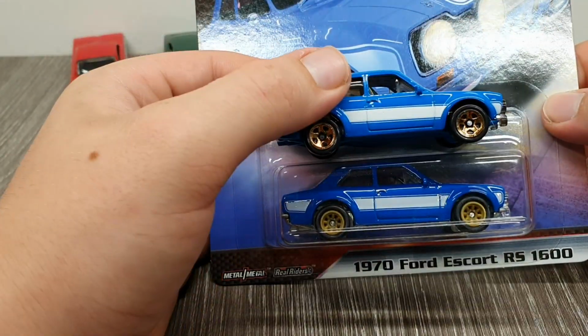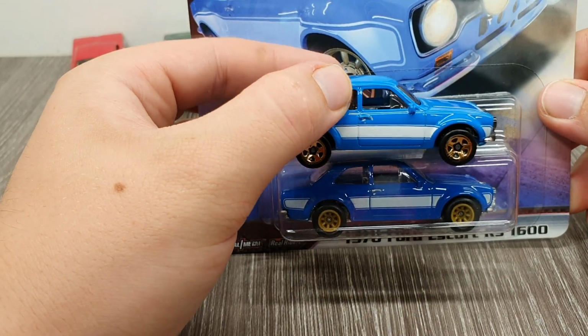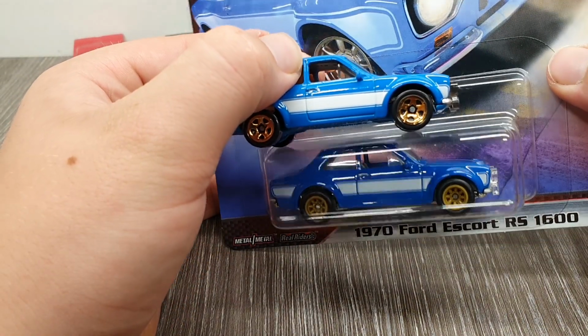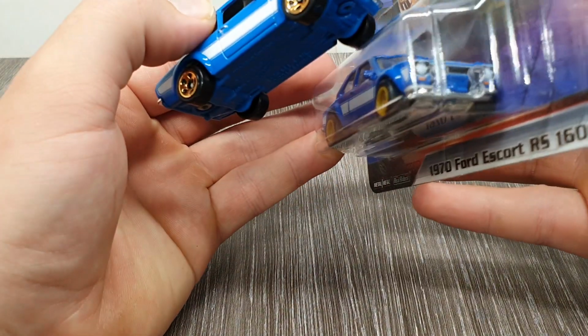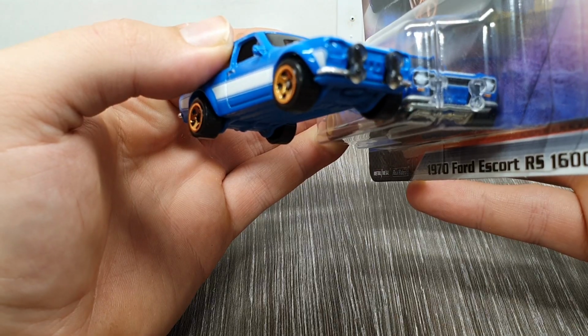However, I feel the colour is slightly better on this one. The slightly lighter blue looks a little bit better. And this one has the clear spots on the front. I think it would look better with the dark ones, but that's just my personal opinion. But this has the full light details and everything, so